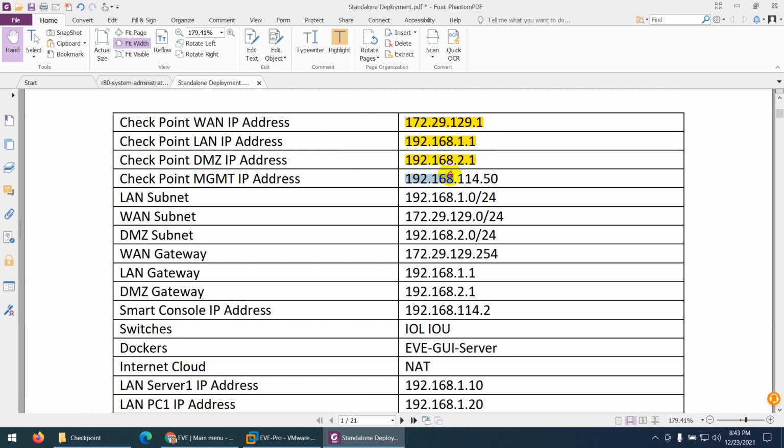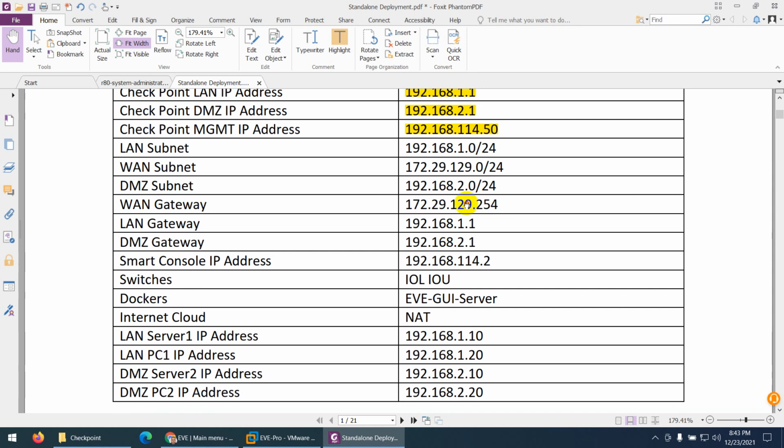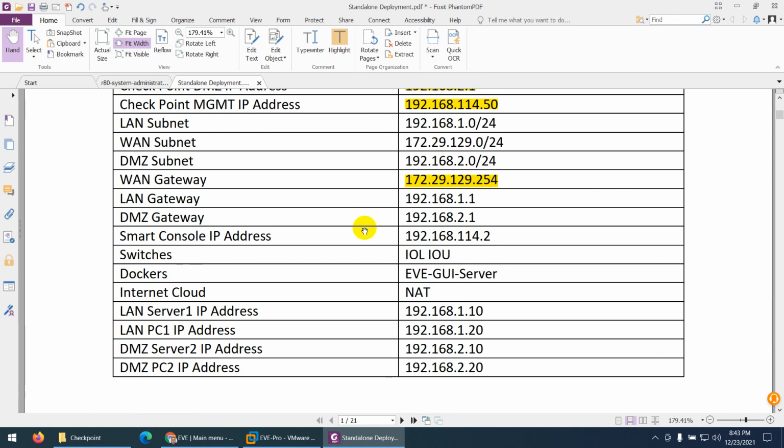The management IP will be this one, which I already told you, and the LAN subnet is 1, the WAN subnet is 172.129.129.24. Keep in mind, the DMZ is 192.168.2.0/24, and the WAN gateway is the one where I will send all the internet traffic.